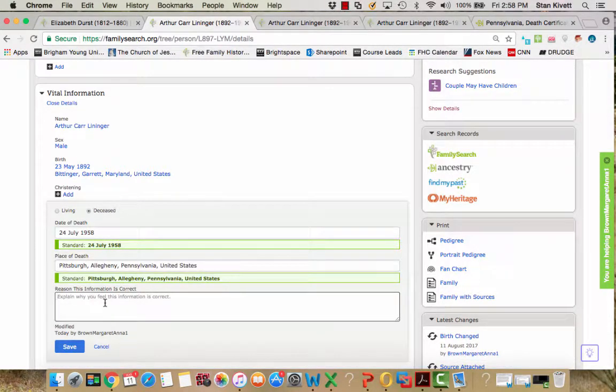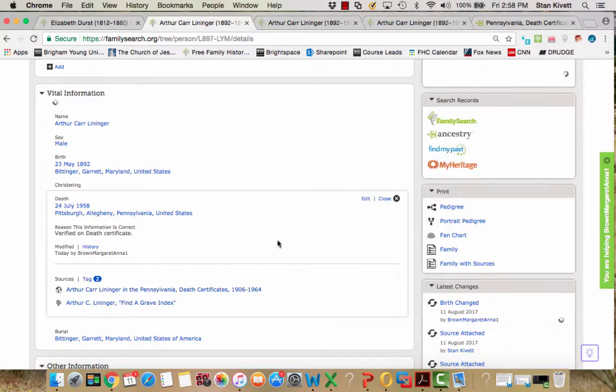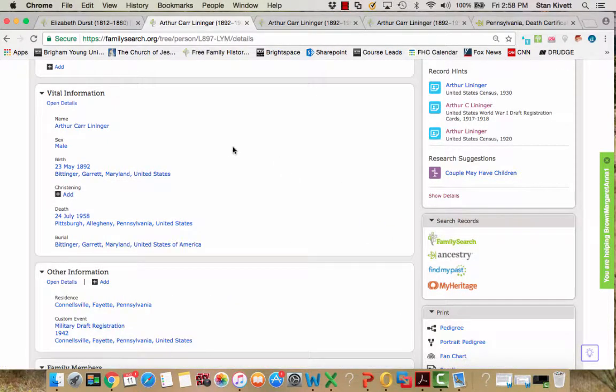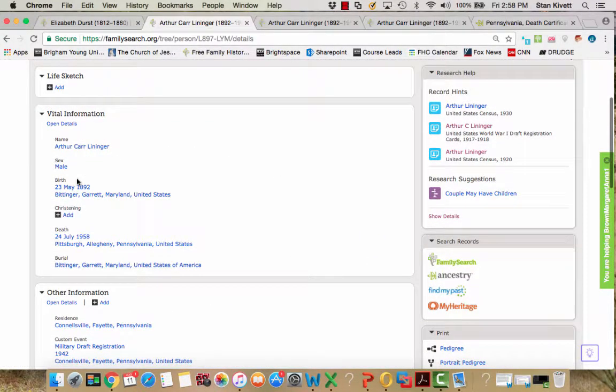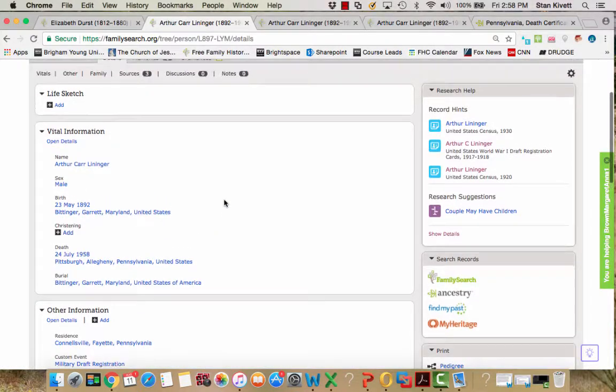I go ahead and say verified on death certificate, and then save it. So now at this point I have added and completed and corrected the vital information about him.